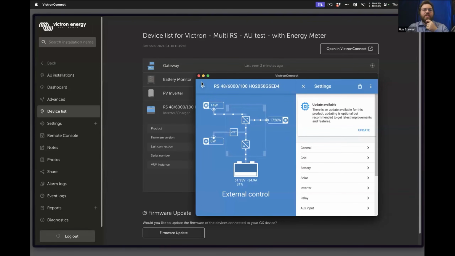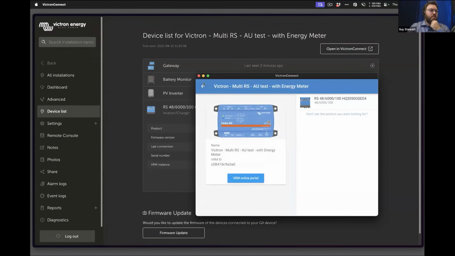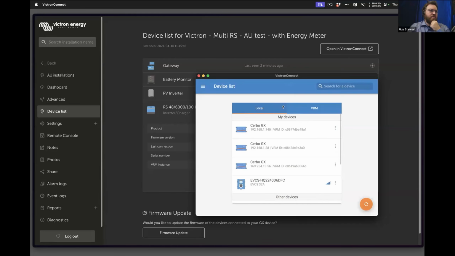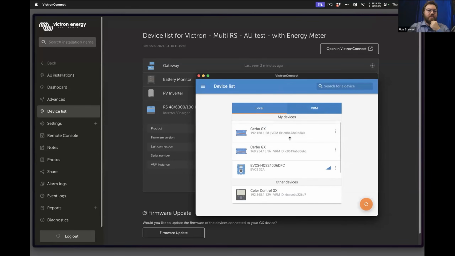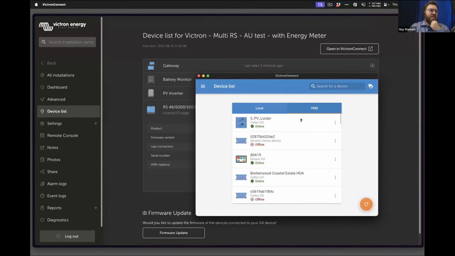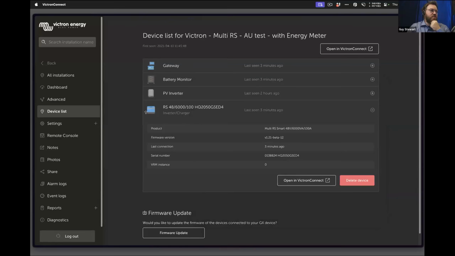This feature was available previously and is still available. You don't need VRM as such to access it. So if you open up Victron Connect, normally there's 2 tabs here, a local tab. Well, I can see my Cerbo GXs, which are connected to the local network, but the Bluetooth isn't strong enough on the Multi-RS, which is in the shed. To access that, I can head to the VRM tab, and then I see all my VRM systems in there. I can access those. But this list and this method isn't, to me, as intuitive as opening up with VRM.